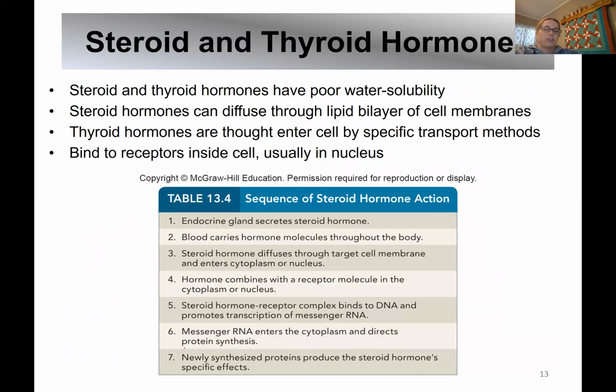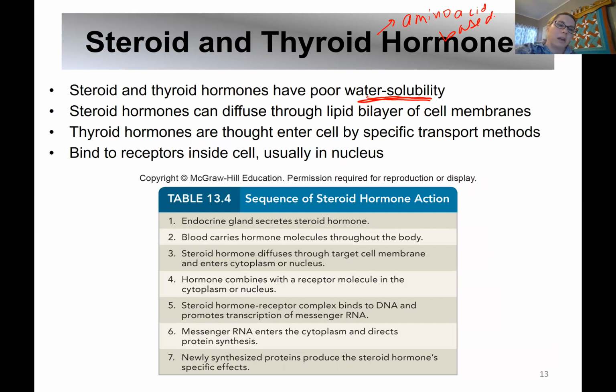Okay, so like I mentioned, steroid hormones are hydrophobic. They're not very soluble, or they don't really dissolve in water, right? You pour oil and water together and they don't mix, okay? Same thing with steroid and thyroid hormones, okay? Thyroid hormones are amino acid based hormones,